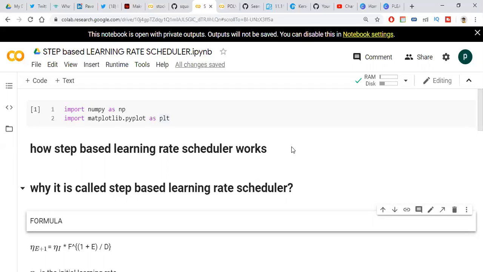Normally, a learning rate scheduler means a learning rate decay. What is learning rate decay? Learning rate decay means decreasing the learning rate. How we decrease the learning rate is defined by the learning rate scheduler. In the scheduler, please assume the learning rate will drop after some epochs. Suppose the initial learning rate is 0.01, after 10 epochs the learning rate will drop by half, so it will be 0.005. This is the theory behind the step-based learning rate scheduler, friends.